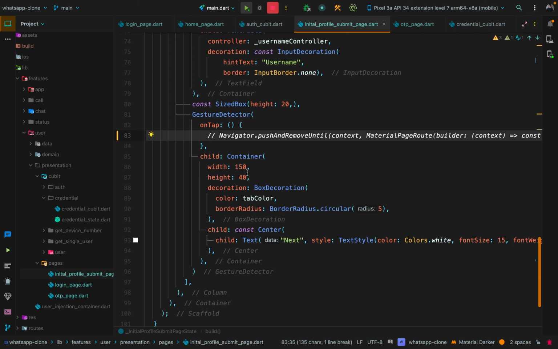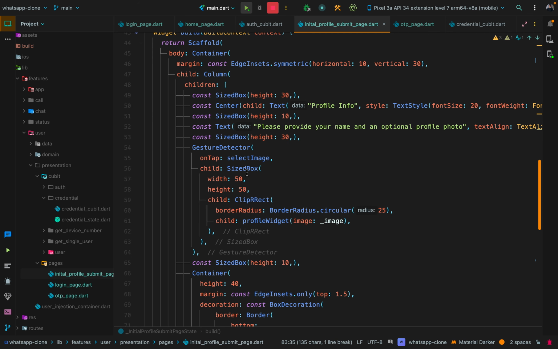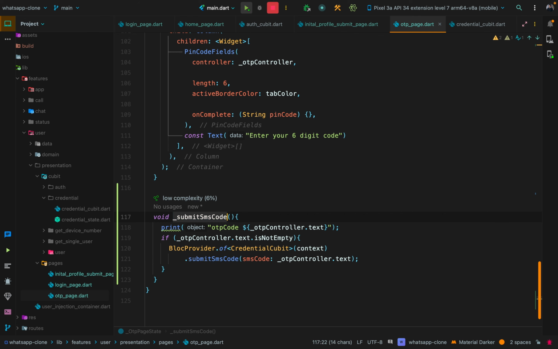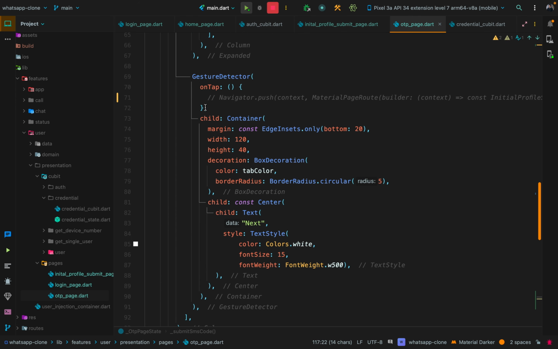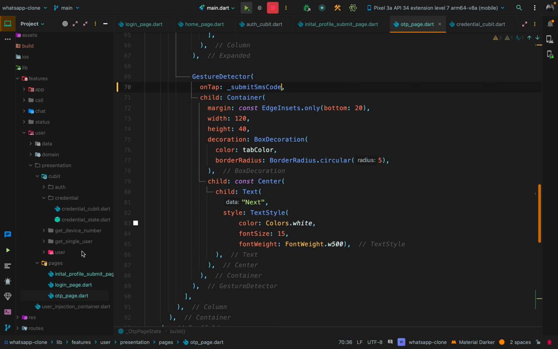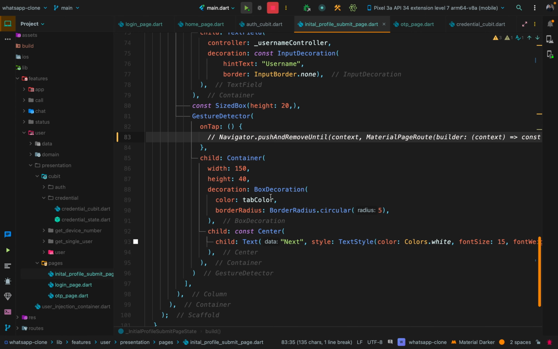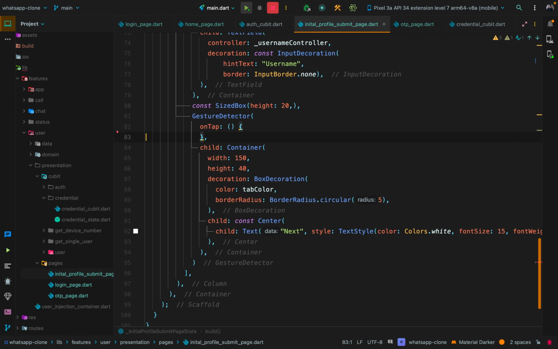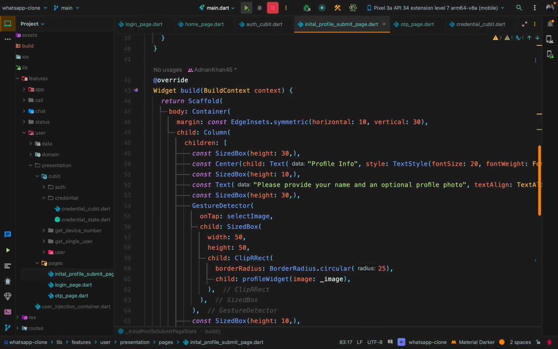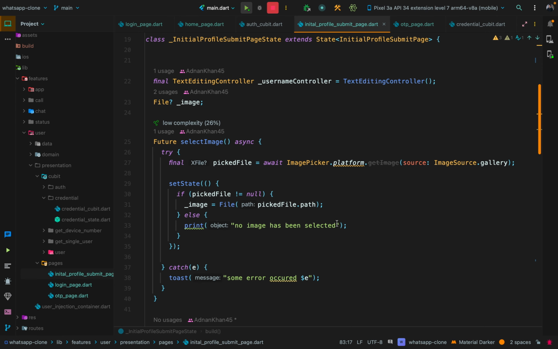this page. And here now in the OTP, first we have to call this also in the next button. So here we go, we will pass it in here. That's it. Now in the initial profile page, here we have to remove this, and then we are picking the profile from the gallery. So here we need something to store that image media somewhere, so that we can take the URL from here and store it in our database and retrieve it in our application to see its result